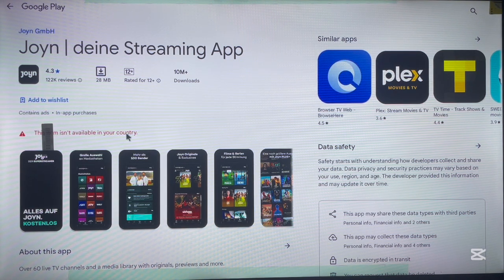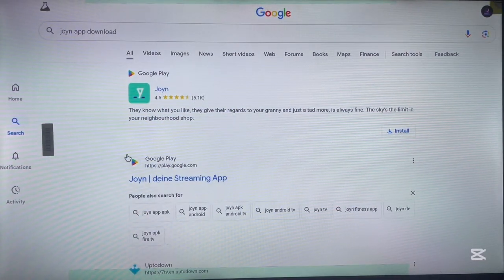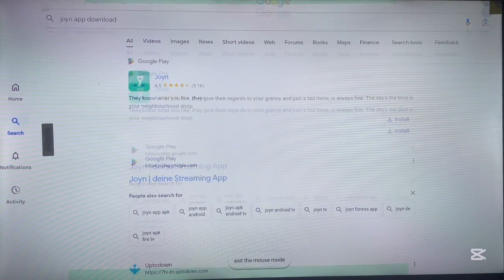Now, there is a way to bypass this, but I don't like it, which is by using a VPN. So if it's not available in your country, you can use a VPN, that can be an option. But even if you use a VPN, you still need it to go through the application or to access the application. So it's still an option. But if this doesn't work for you for one reason or another,